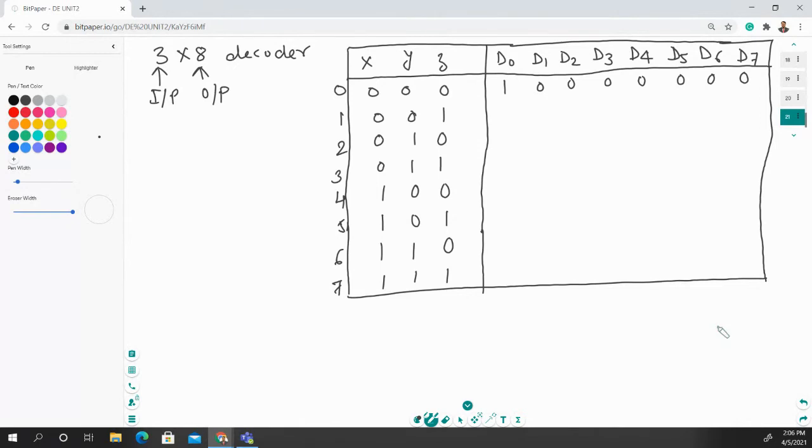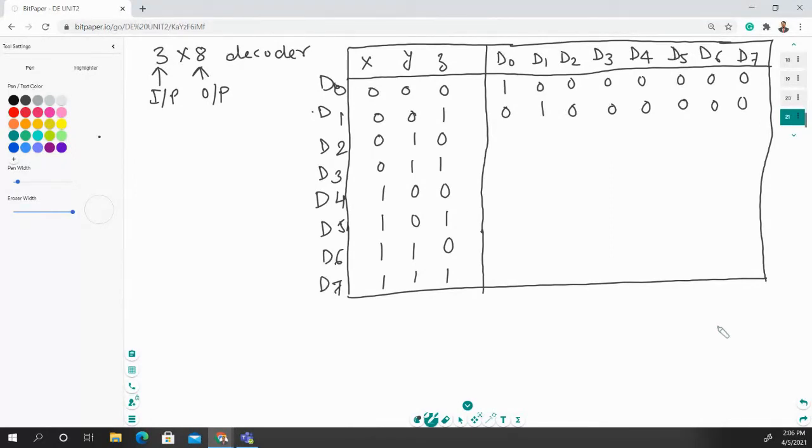Quickly give your response. Which bit do you have to activate? Yes, you have to activate one bit and place 0 with the other bits. Similarly, let's suppose that these are the outputs. You have to place 1 across these outputs.